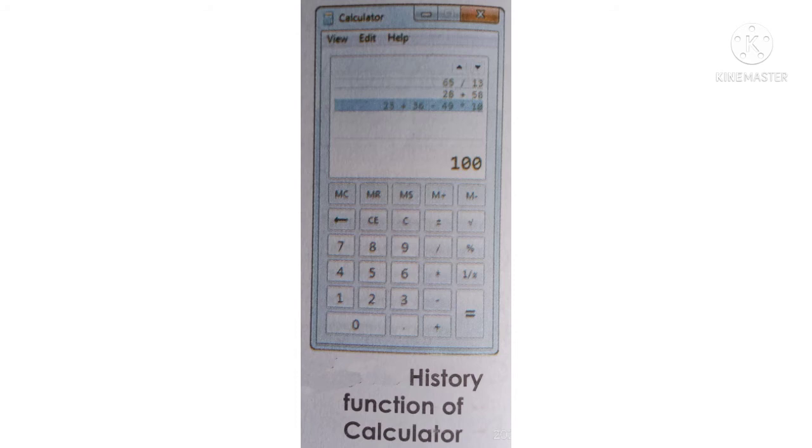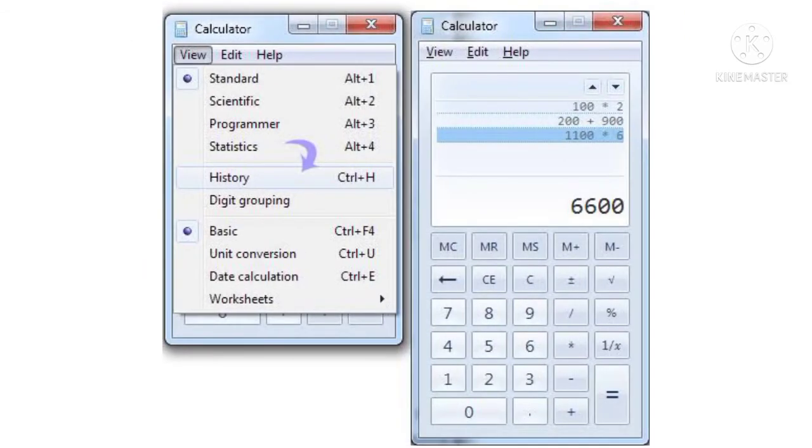History function of the calculator. The history function saves all the calculations you perform in a session. You can change the values in the history and calculate new results.